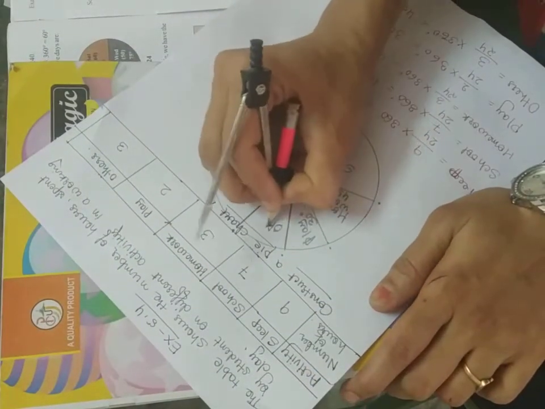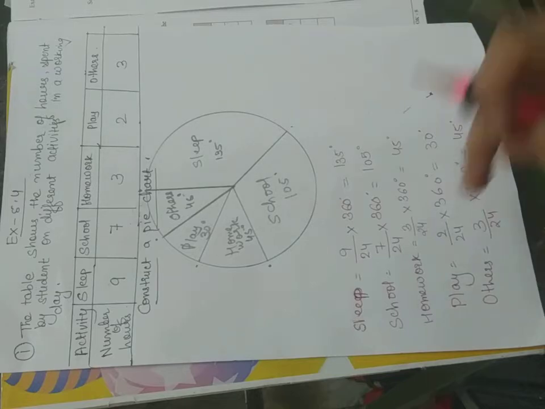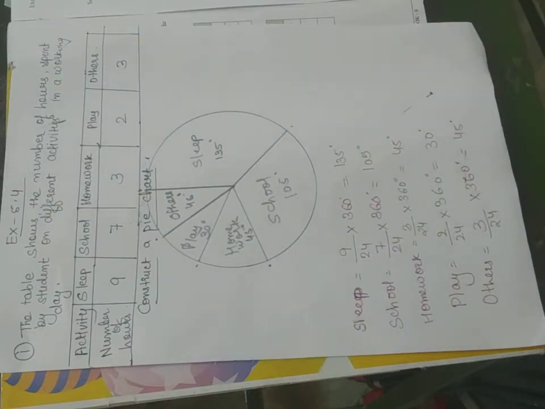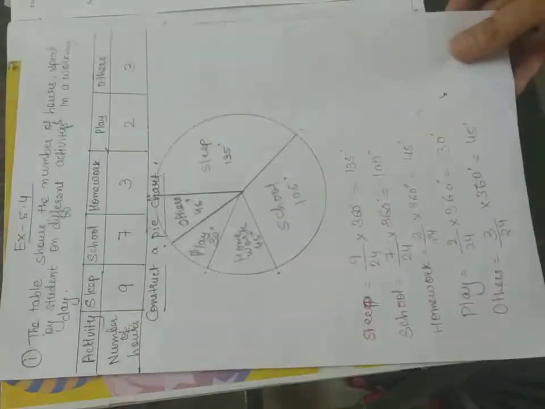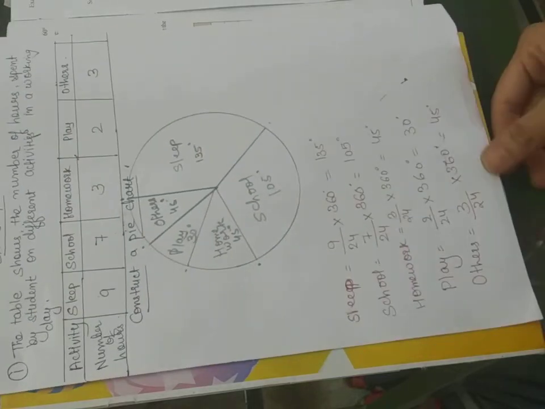So now in this way we can make a pie chart. First we have to take out the angles. For that, the data which is given, we have to divide it with the appropriate values and multiply it with 360 so that we get the answer in degrees. And in this way we have to plot the pie chart. Hopefully you have understood and are able to make pie charts by yourself.